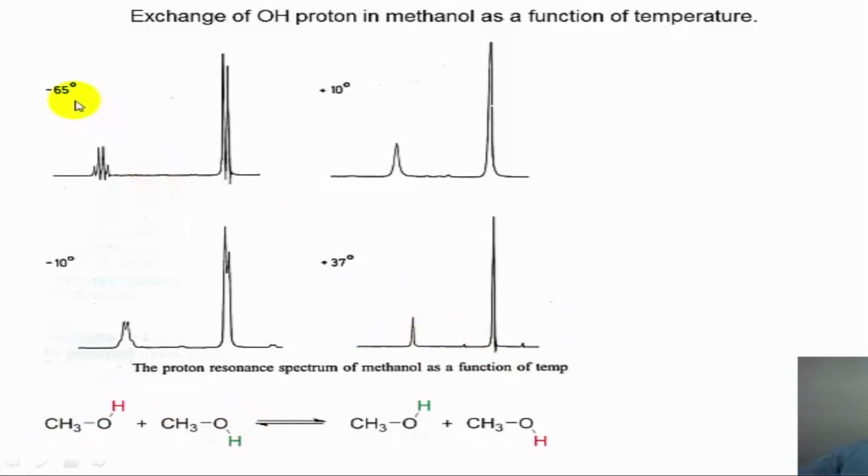When you measure the spectrum at minus 65 degrees Celsius, now the exchange process is considerably slowed down. The lifetime of the hydrogen attached to this particular oxygen is long enough for the methyl to see this hydrogen. So there is a coupling, essentially a vicinal coupling if you look at it carefully. 4-bond coupling is what is seen here. So the methyl is able to see the presence of the hydrogen when it is residing here long enough. Under those conditions, the methyl is split into a doublet, which is seen here, and the OH is split into a quartet by the methyl, which is a first order quartet, very clearly seen. So here is another example of a migration or exchange of an OH proton in methanol as a function of temperature, as seen in the spectra shown here.